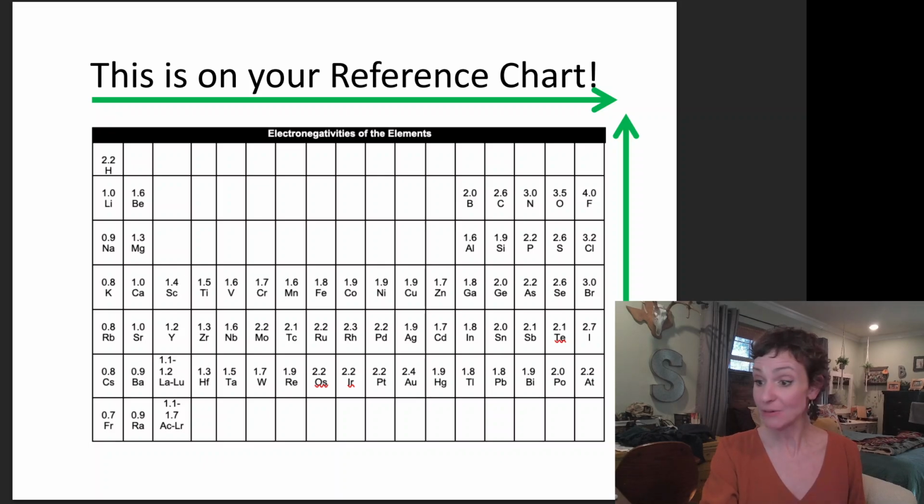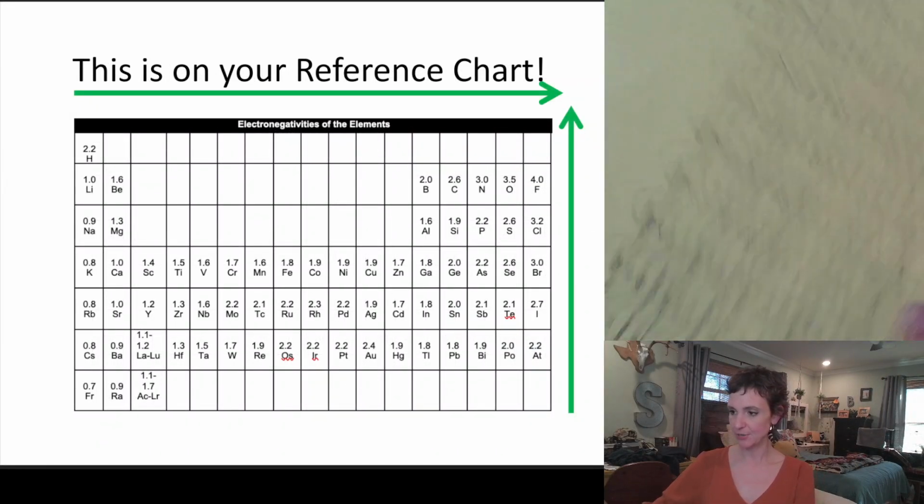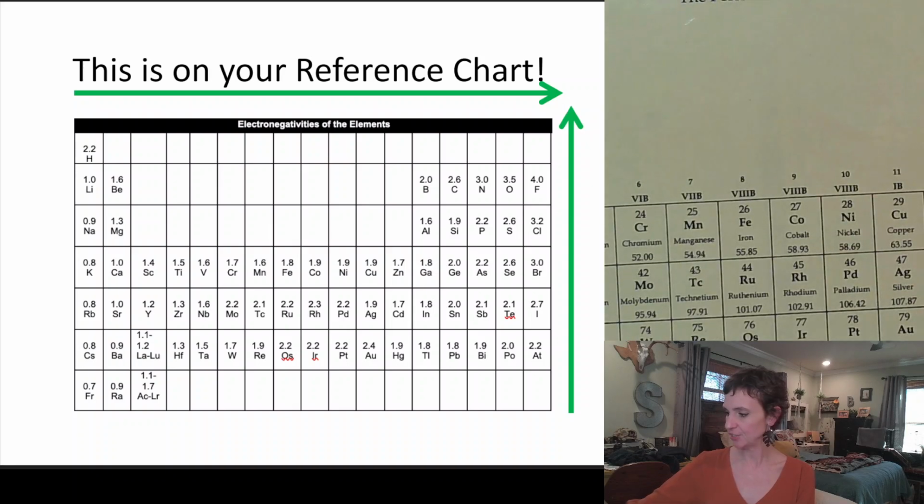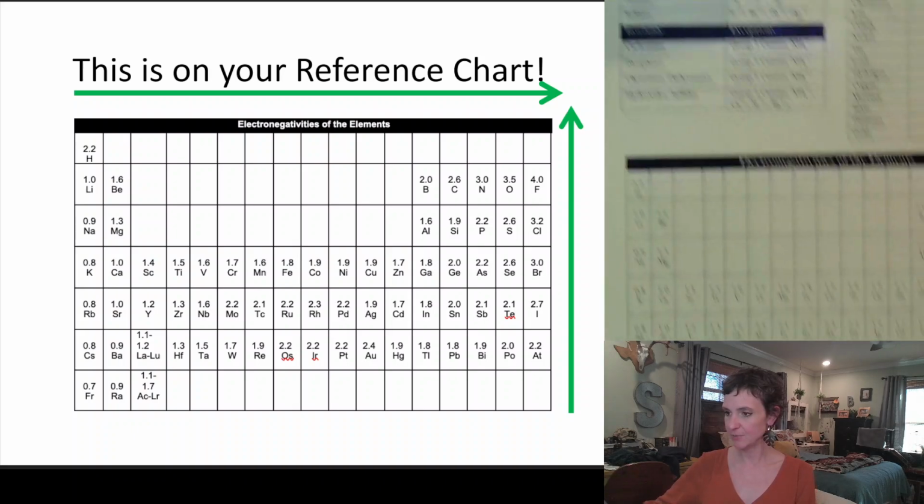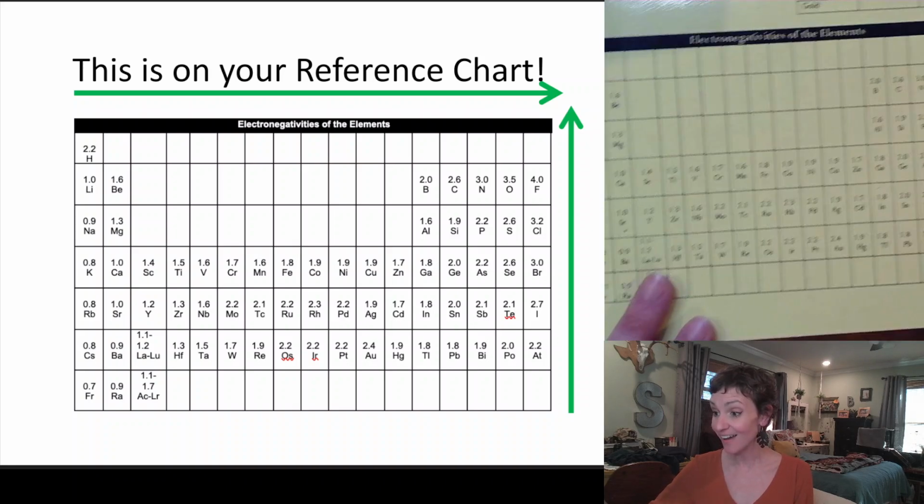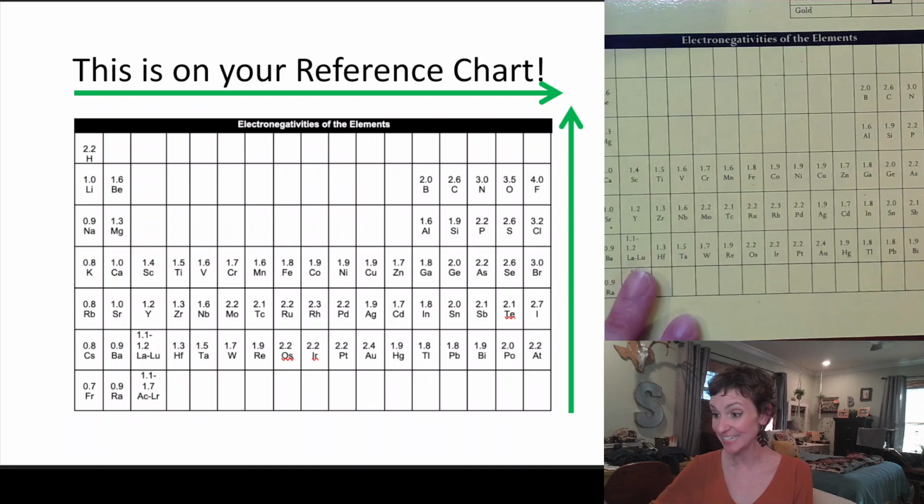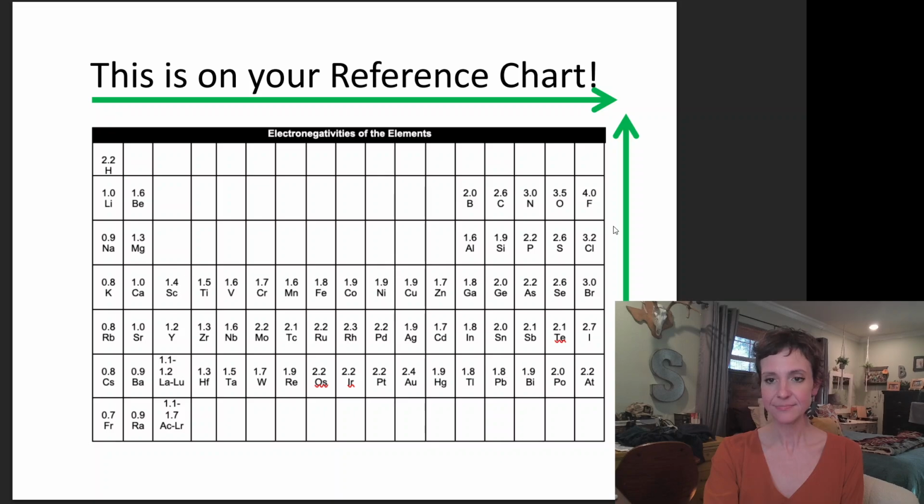Okay, so on our reference charts, and in fact, I'm going to show you, we have on the back of our periodic table, so your yellow periodic table page that we all have, if you flip it to the back, you have this really fun thing that says electronegativities of the elements, and it's got all of your elements and their electronegativity values, which is really cool. So what I'm looking at here